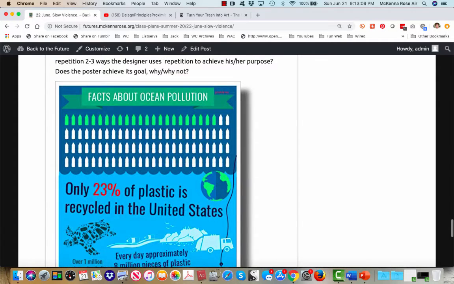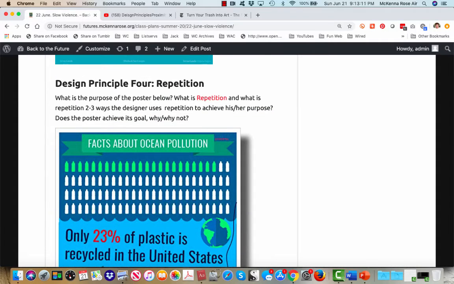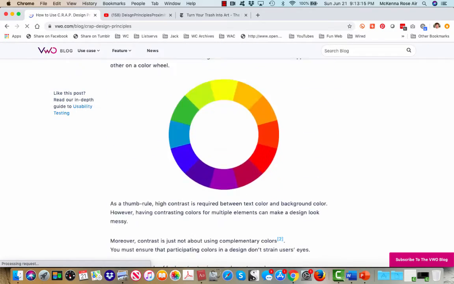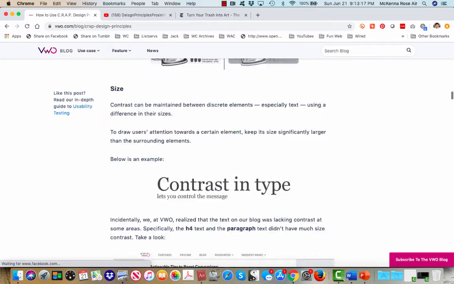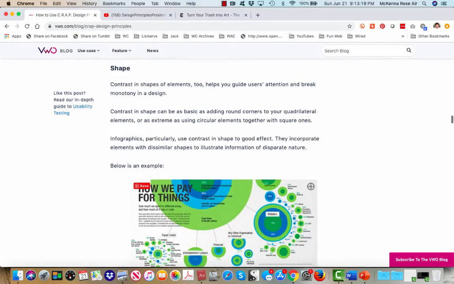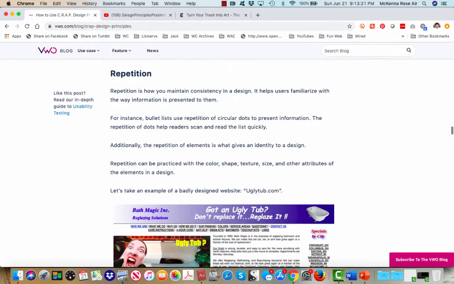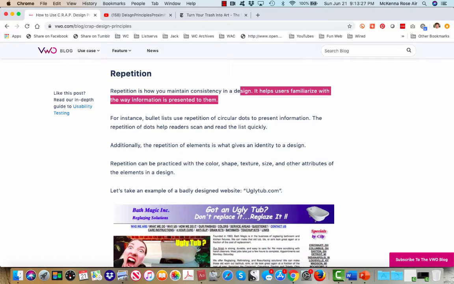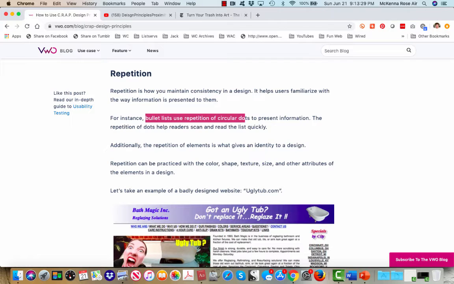All right, hey everybody, last but not least, repetition. Repetition is pretty self-explanatory. According to our website, it usually comes after. It's how you maintain consistency in design, helps users familiarize themselves with the way information is presented to them. Bullet lists are a good example of repetition, signaled by